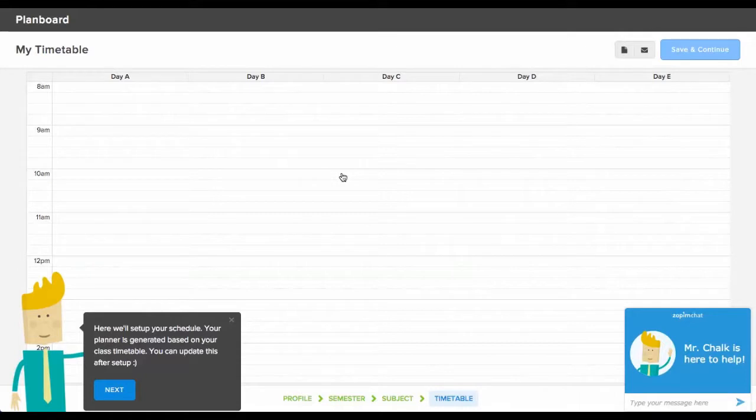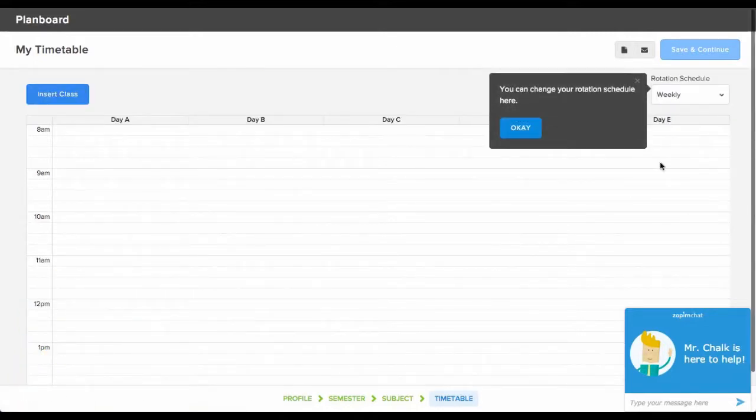This is where you're going to set up your timetable. Make sure you read carefully the instructions that are provided to you from Mr. Chalk here. We'll go ahead and click Next, which will bring us to setting up our rotation schedule. When setting up your rotation schedule, you'll want to ask yourself, how long does it take for my schedule to